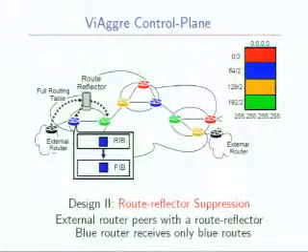The second design is slightly more invasive, and it offloads the task of maintaining this complete routing table onto machines that are off the data path, that is, machines that don't forward data packets. ISPs already use such machines for scalable internal distribution of BGP routes, called BGP route reflectors. Without going into design details of how route reflectors work, in this design